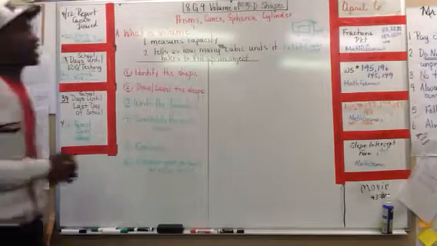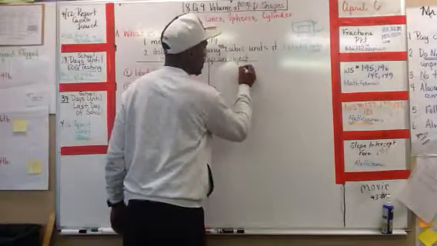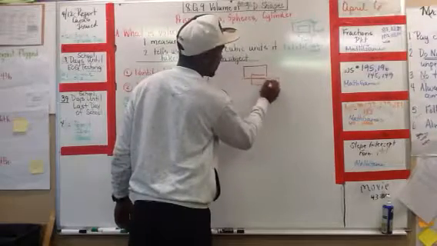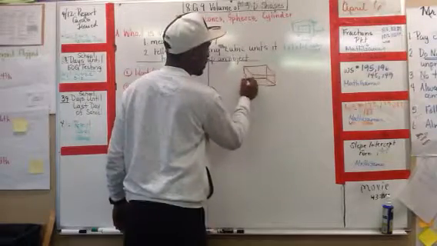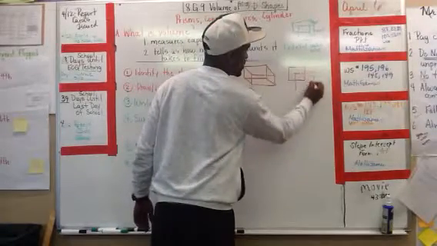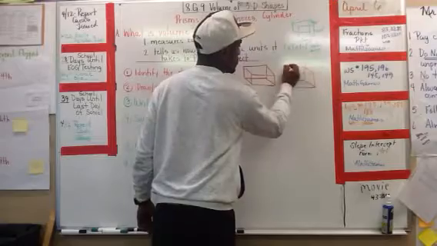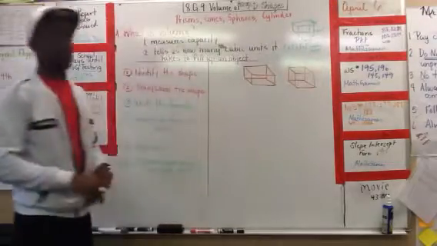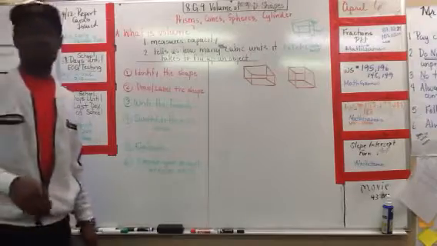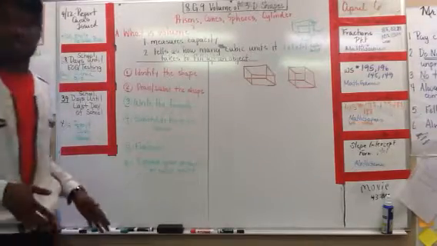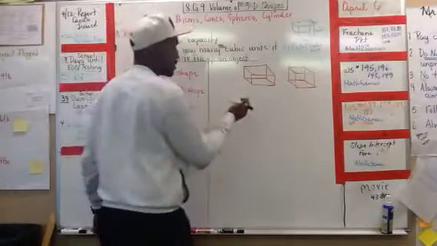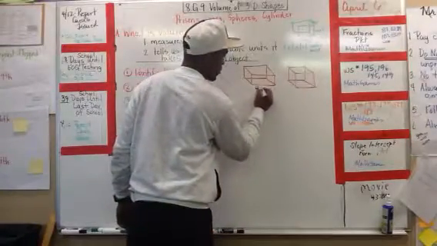Okay, so if I start with prisms, prisms look like this. There's a rectangular prism. And a cube is also identified as a prism. The difference between a rectangular prism and a cube: the cube is made of 6 square faces, and of course the rectangular prism is made of 6 rectangular faces. If I was to label this shape with some dimensions,